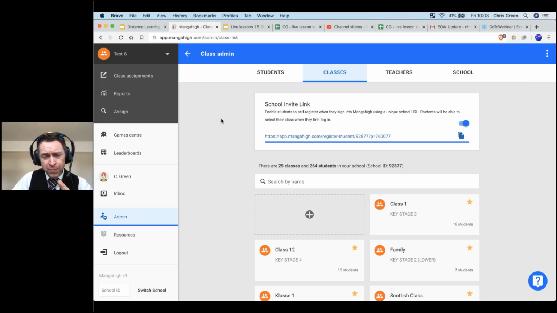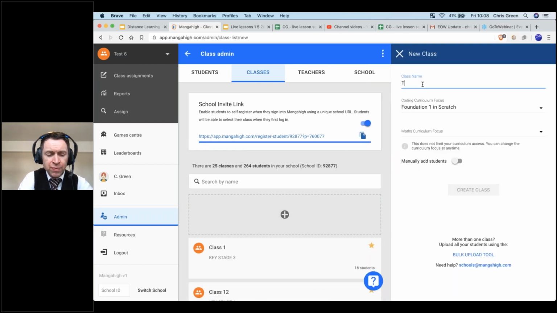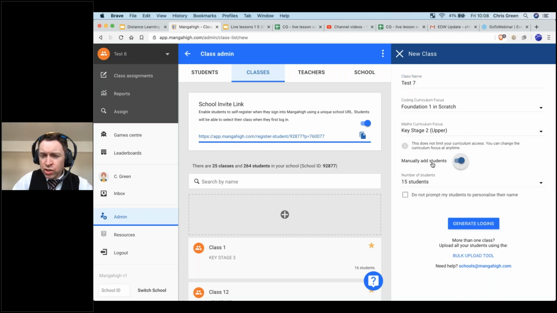That's the first option. The second option is to generate some logins yourself. So again, you can click on the plus button just here, put in the name of the class, choose a part of the curriculum, click on the manually add students option, and then I can create some students by simply clicking on generate logins just here.